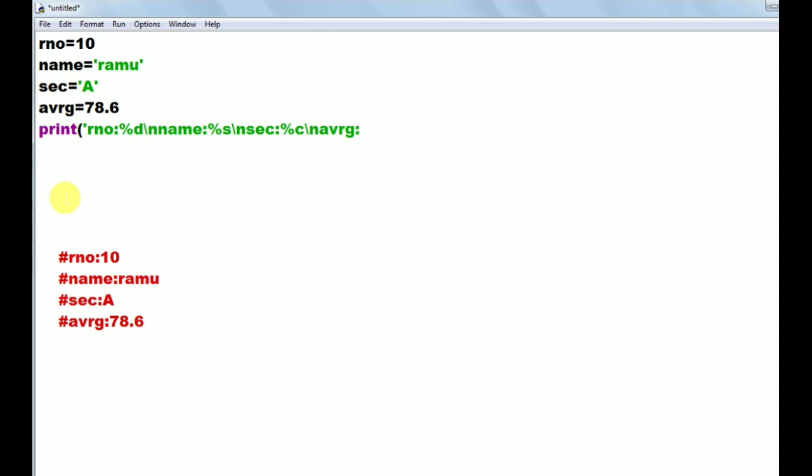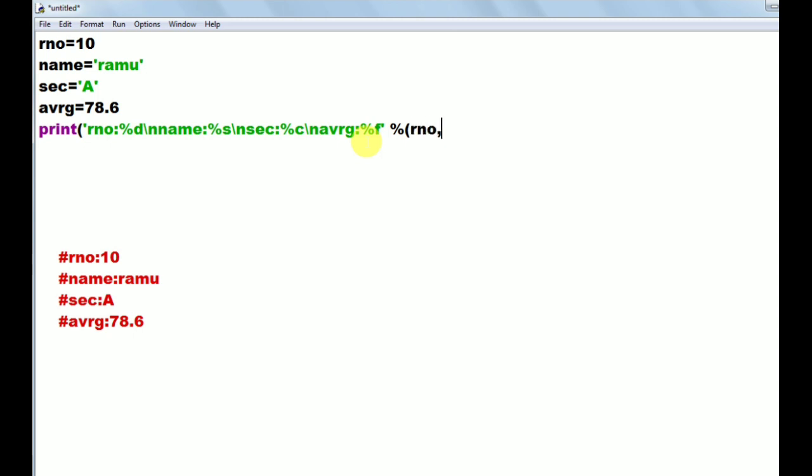Now here the first %d refers to roll number. So for that, write percentage in the brackets, specifying that the first %d refers to roll number. The next format specifier %s is name.